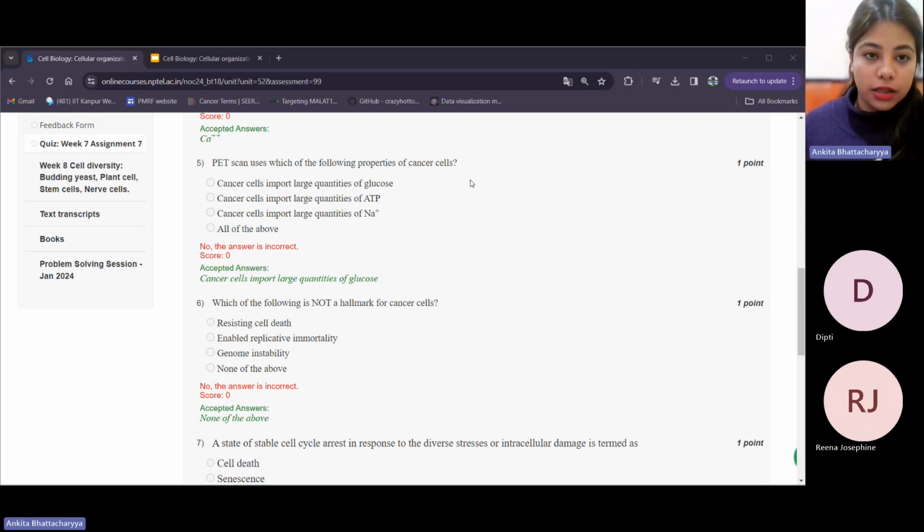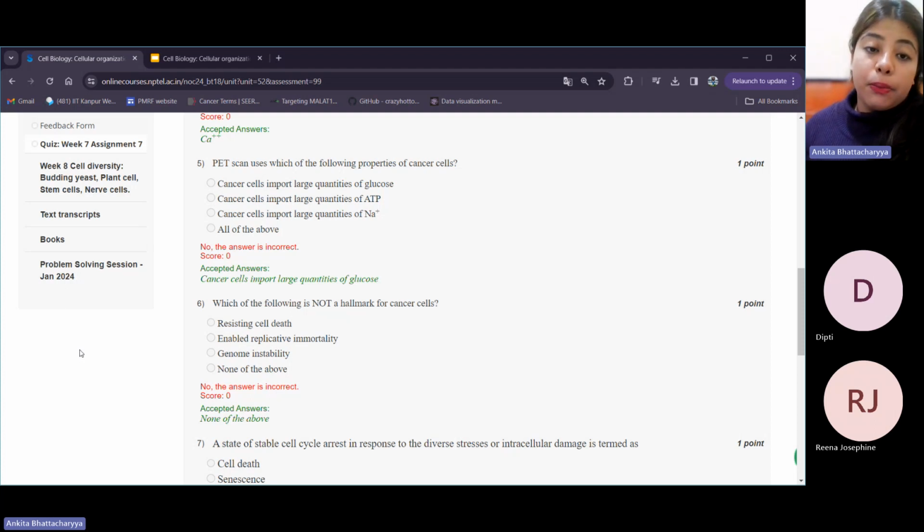This is the significance of using a test like PET scan imaging, particularly for cancers, but it is also used for other applications as well. Keeping all this background information in mind, PET scan uses one particular property of cancer cells that I just discussed, which is the Warburg effect, and it highlights the importance of cancer cells' utilization of glycolysis to proliferate rapidly and to generate the huge tumor cell mass, which will allow their survival.